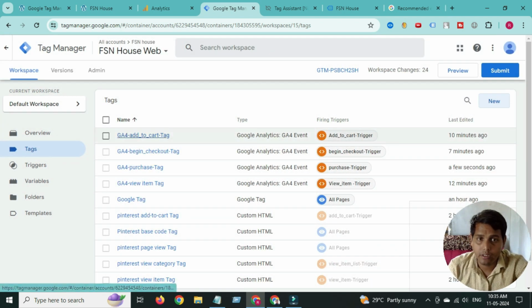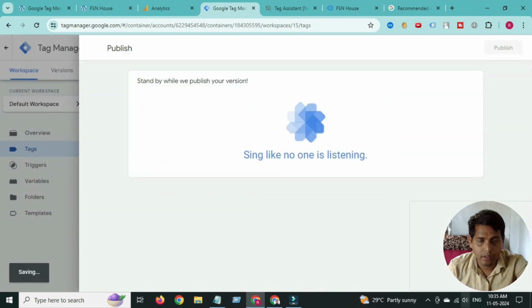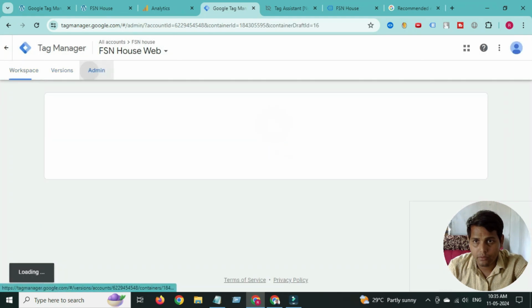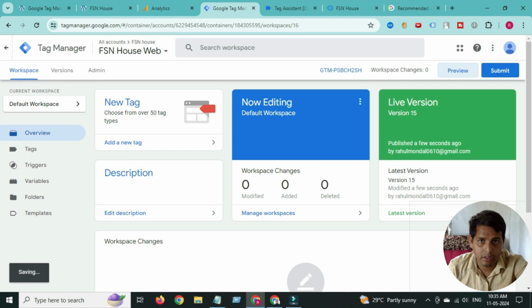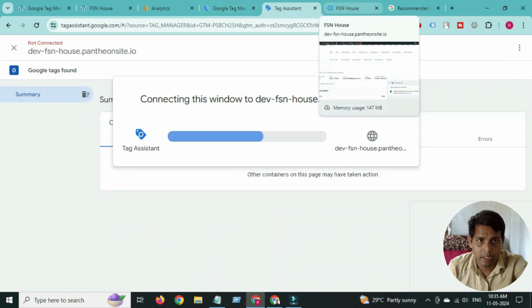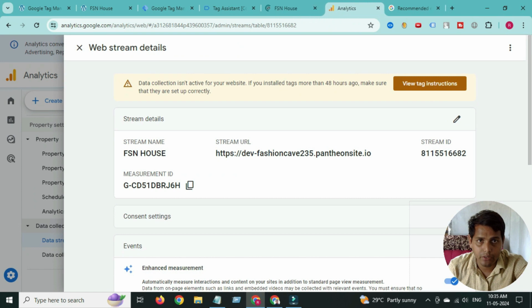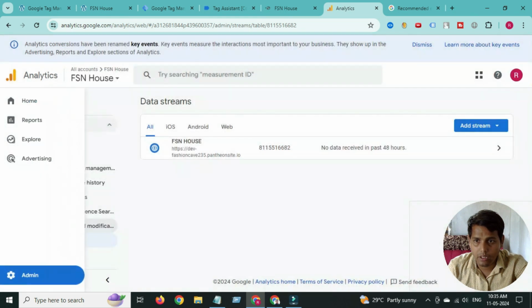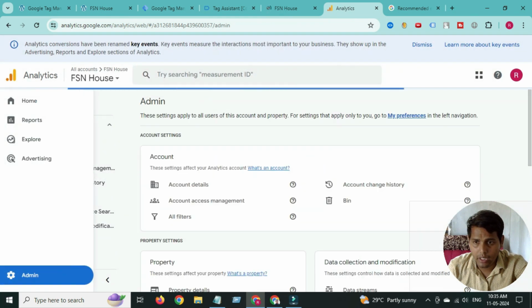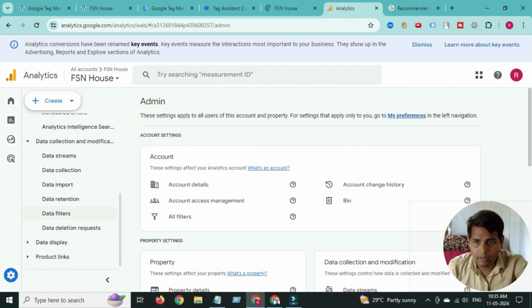Now we will test whether the event is working properly or not, whether the event which I have set up is properly going to GA4 or not. So before testing you have to submit and publish. Then after submitting and publishing, you have to connect to the preview mode again. Just click on the preview mode, it will be connected again, and open your GA4 account in the next tab. After that, click on admin and then